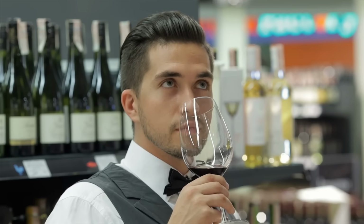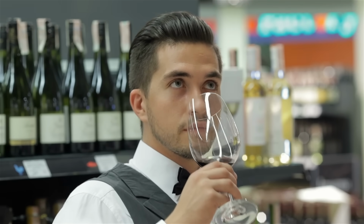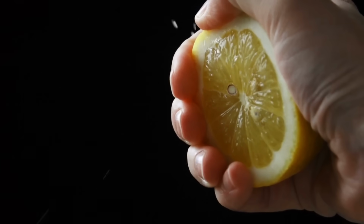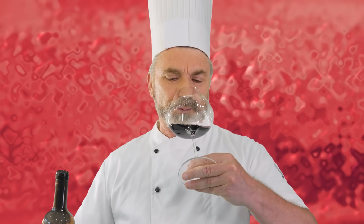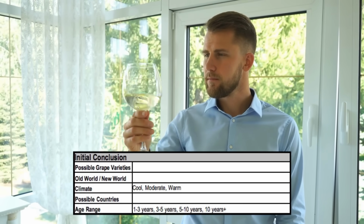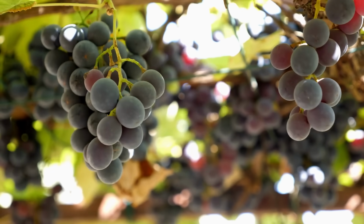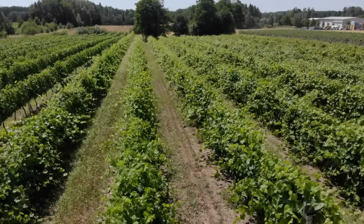Sommeliers use this to catch any flavors they might have missed when they smelled the wine with their less secret outside nose. Tasting the wine also gives more evidence about things like sugar content, alcohol content, acidity, and texture. You know, things that you taste when you taste things. With all of this data, sommeliers now make an initial conclusion about the wine, where they'll recall other wines with similar qualities and list things like possible grape varieties, the general climate they were grown in, and the wine's approximate